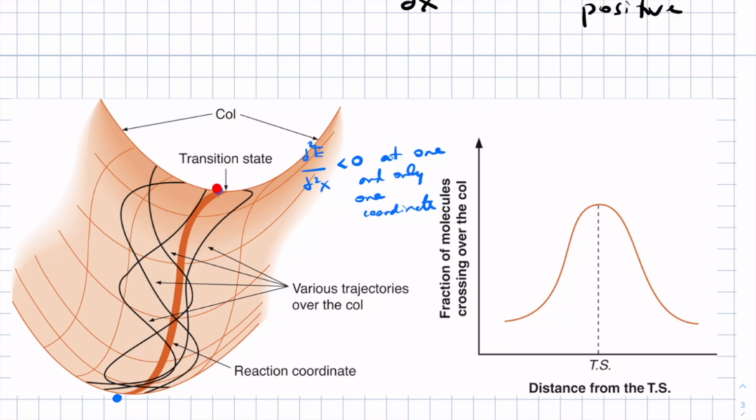In other words, if you call this the transition state, along the coordinate, the further away you get, the fewer particles there are. And that kind of assumption is going to be interesting because Henry Eyring's transition state theory makes the assumption that,